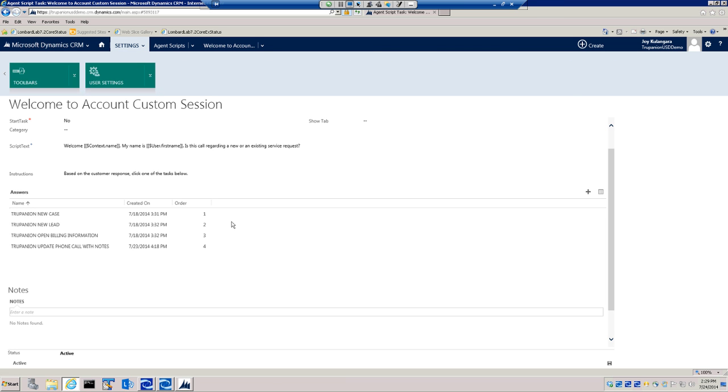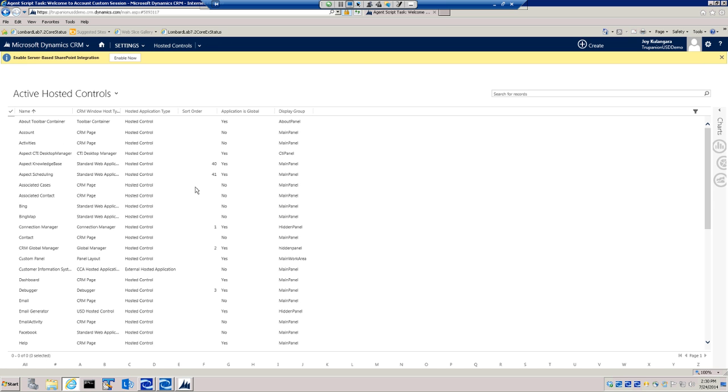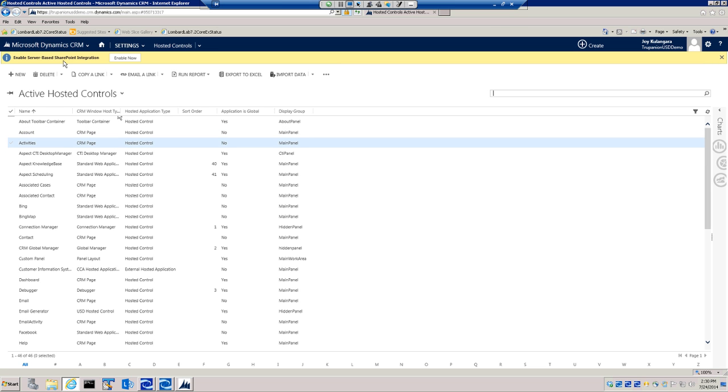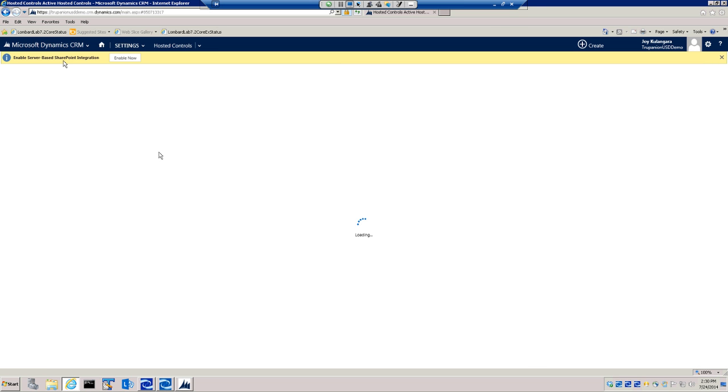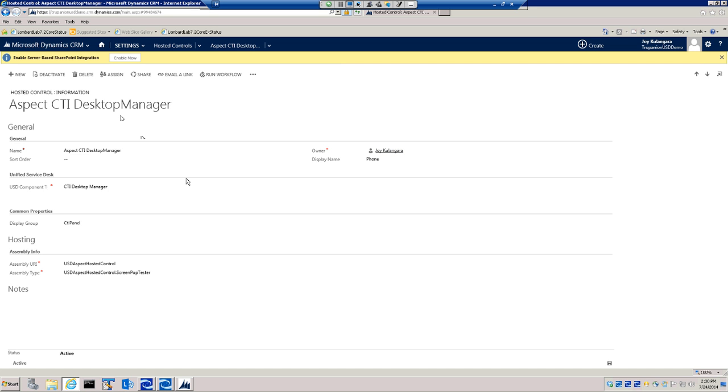The other one that we want to show as part of this are the hosted controls. The hosted controls is how we define the CTI integration layer inside of the system. So here we can create and add which features or what functionality of our CTI toolbar needs to be implemented. So we build out where's the DLL, we build out what are the rules, and then we can identify how we want that call to happen as we go forward. So once we add our hosted control,